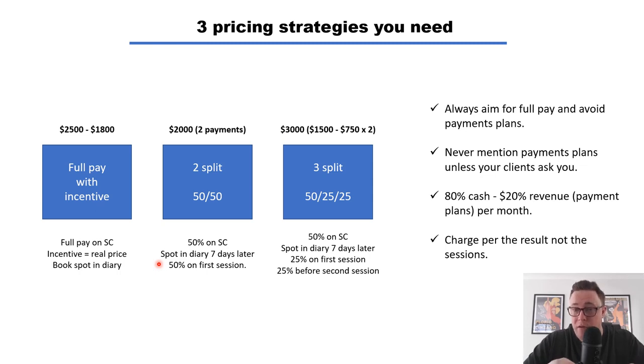Now, once you've given that price, if a client says, oh, I really want to do this, do you have any payment plans? If you feel, guys, that you are confident this person will pay and stick to the payment plan, they sound like a great client, you then want to say, yes, I have 2 payment plans. The first payment plan is what I call a 2 split. What's required for that is 50% on the phone call now, and I'm going to book you in 7 days from now. This is why the incentive, we want to get them in as close as possible to the full pay. With the first payment plan, I need to extend that time by about 7 days.